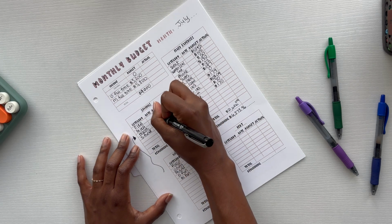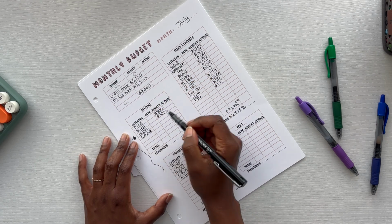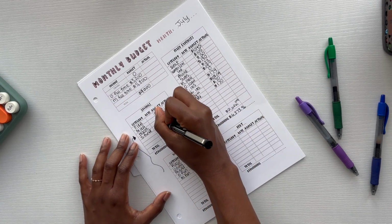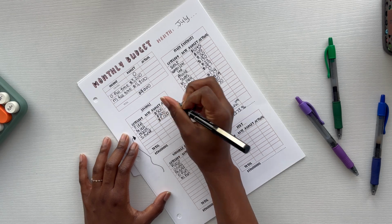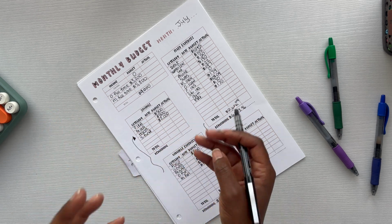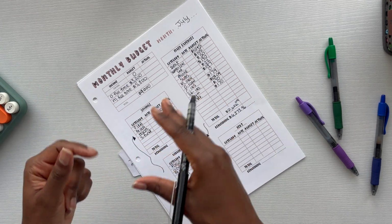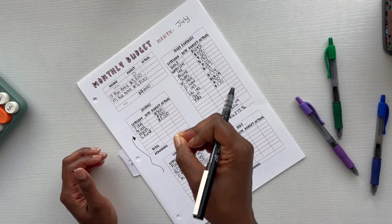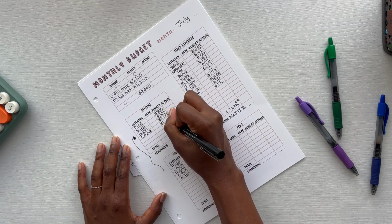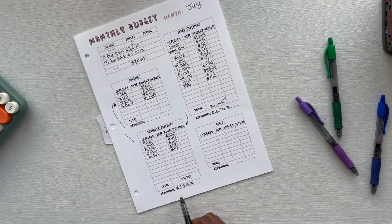So we're going to do $500 for my husband's IRA, and $500 for my IRA. Then when it comes to house, again, $1,000 per paycheck is the goal. So we're going to put $2,000 down. And then when it comes to sinking fund, because I have an older car, my husband has an older car, and our older cars are giving us a little older problems. Hate that for us, but we're blessed enough to be able to take care of it. So now we got to set the money aside to actually get it done. So what we're doing is putting $1,053.96. You're thinking, that's very specific. It's just the remainder of that